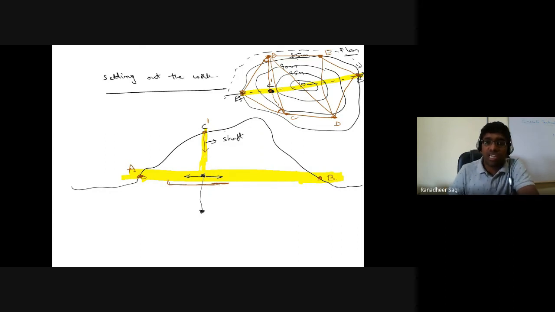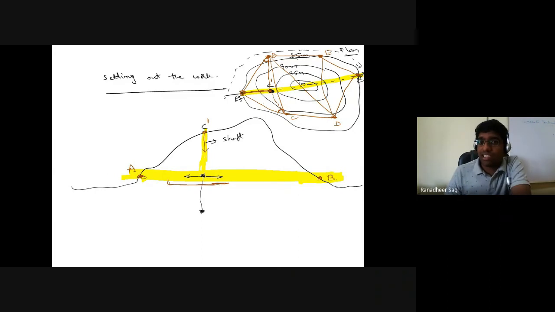First, we will try to understand, from point A to point C dash, whatever I am marking, what is that distance? How do I know? From the triangle that I have marked between A, C and C dash, I can find out the length between point A and C dash. The AC dash length I can find out.